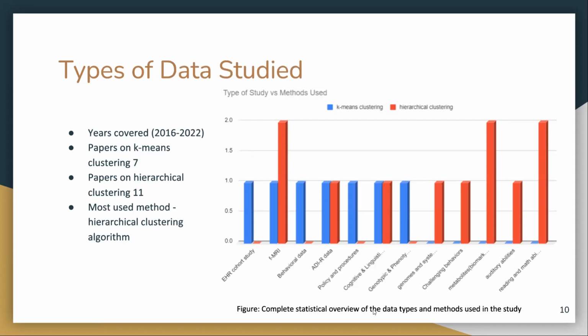Now, this is the visual representation of our overall research. Among the selected publications, k-means clustering was applied in 7 of the papers, and the rest of the papers implemented the hierarchical clustering approach. We individually analyzed the types of data and the overall objective, key contributions, and limitations of each of the papers. The graph shows that hierarchical clustering was the most widely used technique between the two methods.